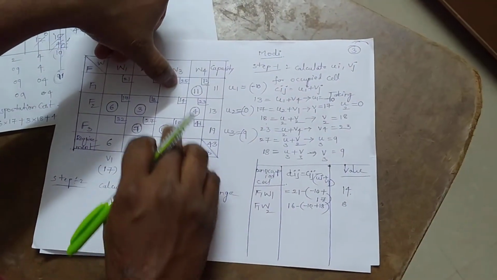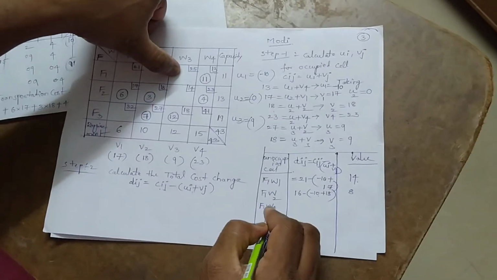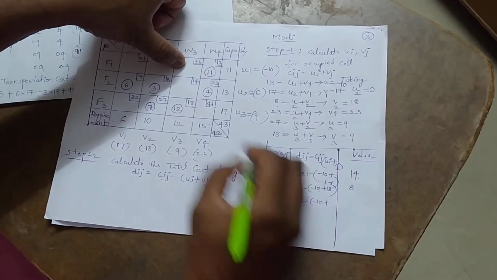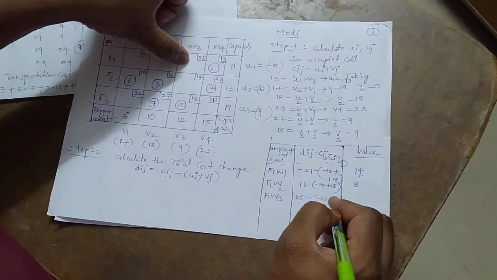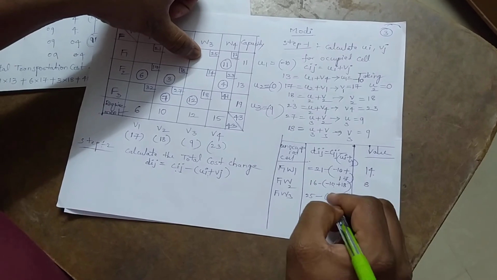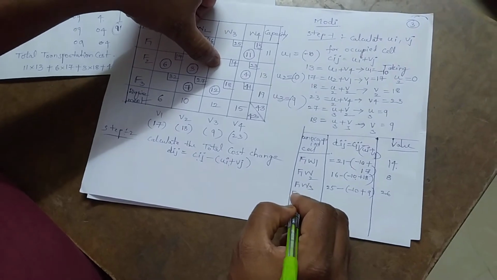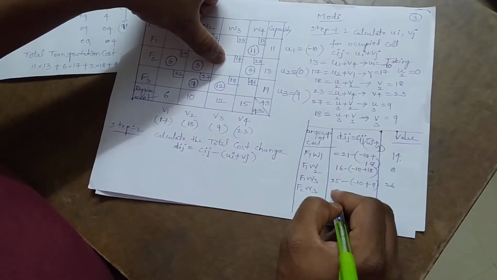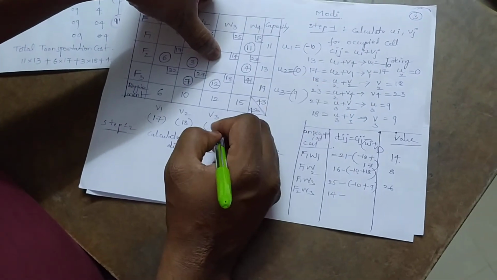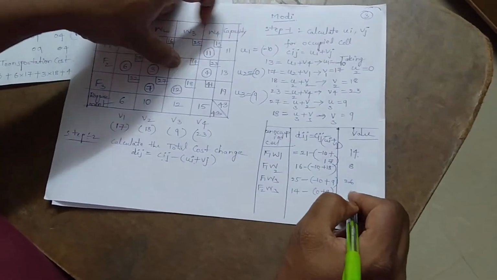Similarly, you can evaluate this third unoccupied cell, which is F1 W3. For the F1 W3 cell, it will be 25 minus of minus 10 plus 9, which is minus 1. So 25 plus 1, it will be 26. The fourth unoccupied cell is F2 W3. Now let us move fast. For F2 W3, the cost is 14 minus of U2, which is 0, plus 9. 14 minus 9 is 5.